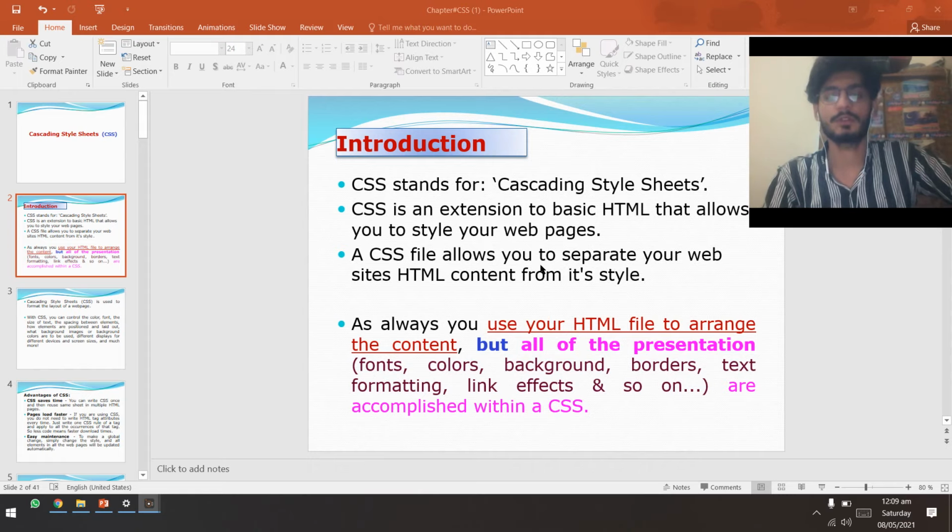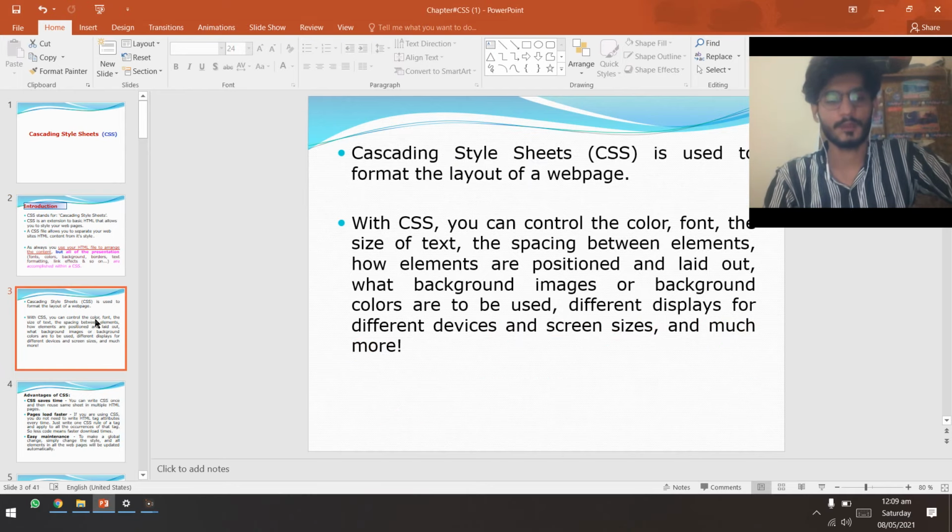As always, you use your HTML file to arrange the content, but all the presentation, like fonts, colors, background, borders, text formatting, links, link effects, and so on, is accomplished within CSS. The font, the color, the background are not accomplished in HTML, rather they are accomplished in CSS, the cascading style sheet.